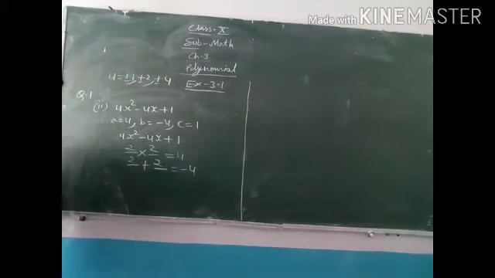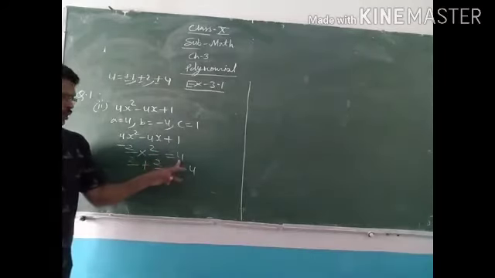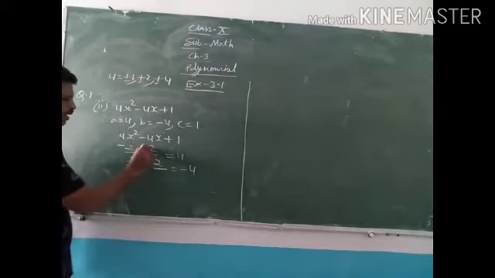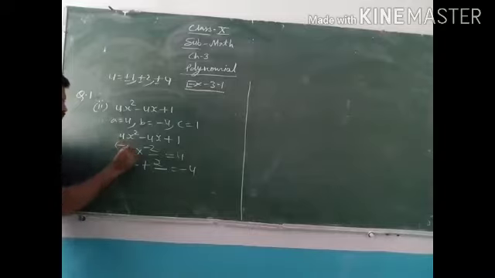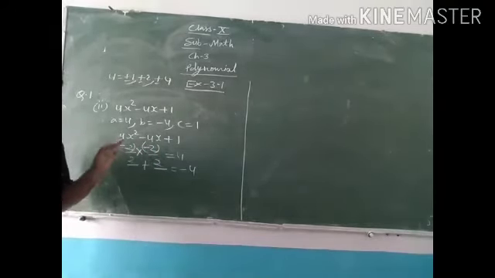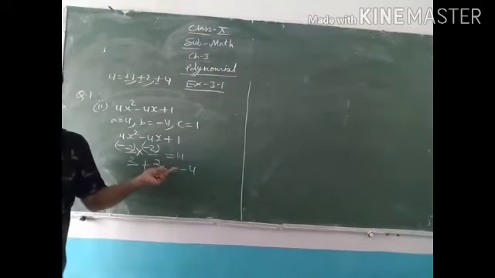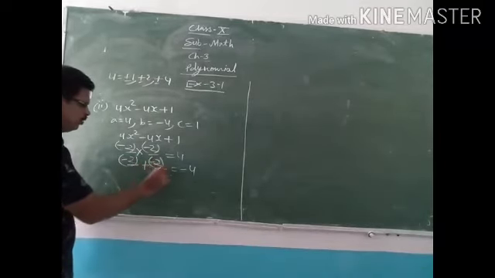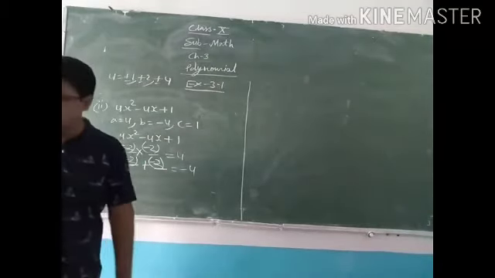So look, what do we do? If we put a minus here, then -4 should come, but we need +4, so what will we do? We will put a minus sign in front of both 2s, means -2 and -2. Two negative numbers multiplied, the answer will come positive. And here also the same, -2 and -2. If we add -2 and -2, it will come -4.